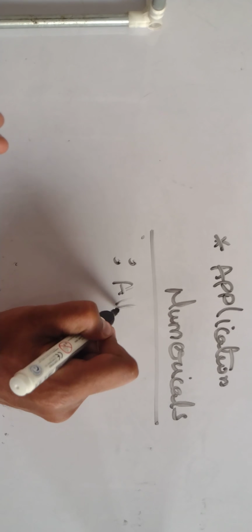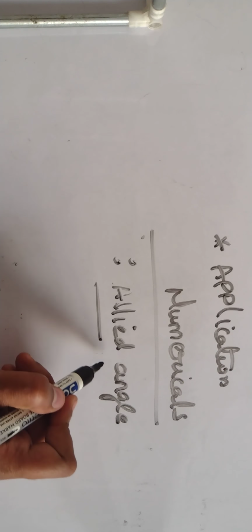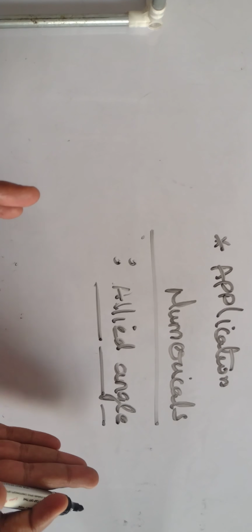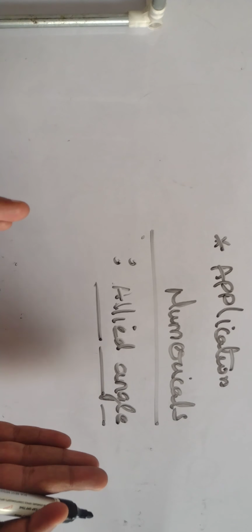There are some more basics related to it. Very important is allied angles. What do you mean by allied angle? Allied angles are much more important. We will be dealing with this in the next lecture. How to form an allied angle? Students try to mug up this concept. If you try to mug up this concept, you will be making a blunder, and you will skip the topic of trigonometry then. So no need to mug it up. In the next lecture we will definitely deal with allied angles.